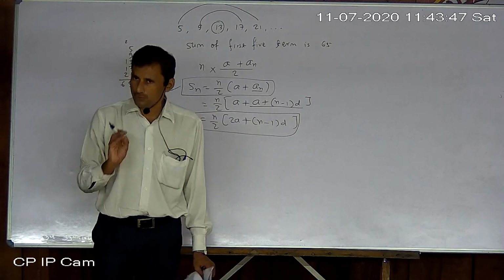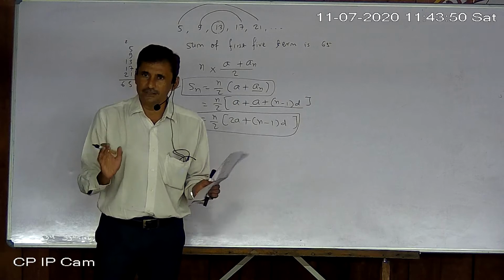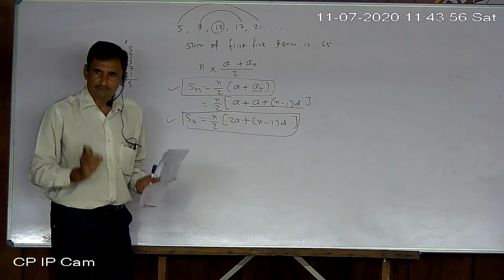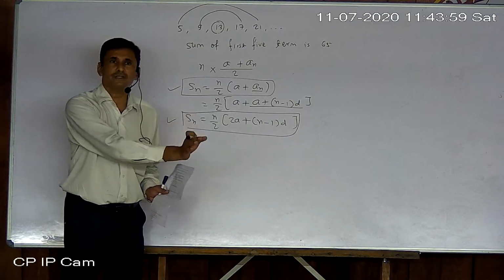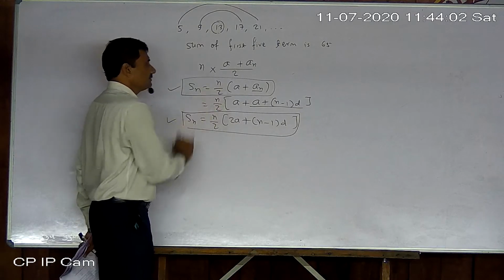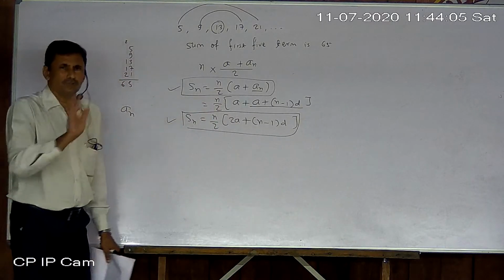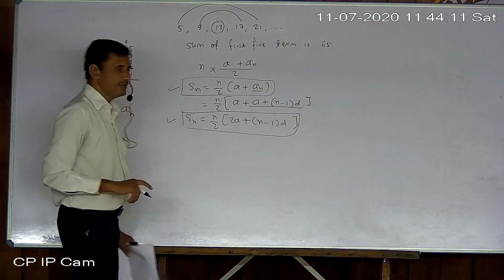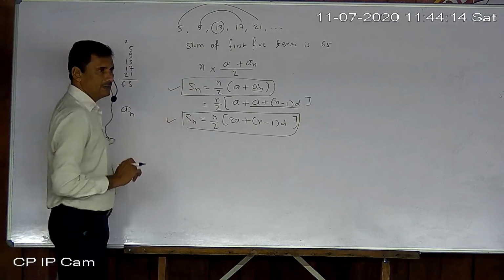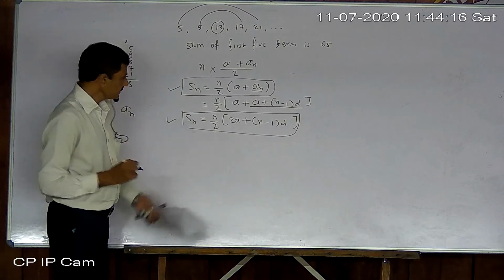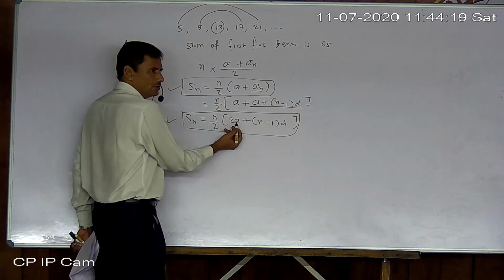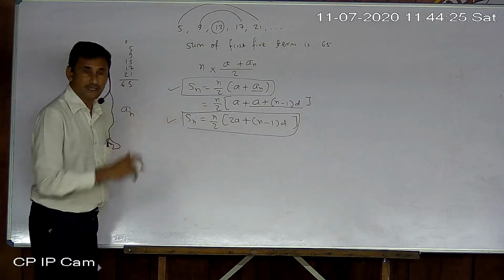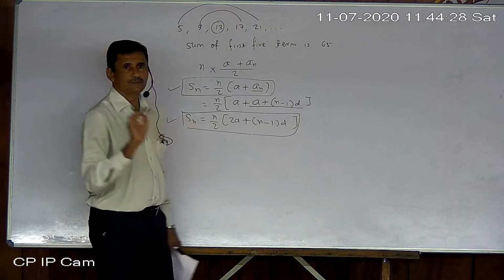Okay, for the exam only I advise that way, otherwise actually I should not advise to memorize anything in math. But at last, if no option is there, just memorize both. If you see them as different, then two formulas. If you understand well, one formula only. Okay. So these two formulas you have to remember, learn them. Now, the symbols are repeating only. a, you know, is the first term. d, you know, is the common difference. n means the number of terms. How many terms are there? In Sn only, the new symbol is S for sum.